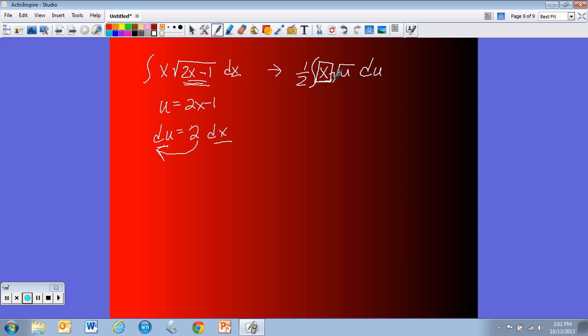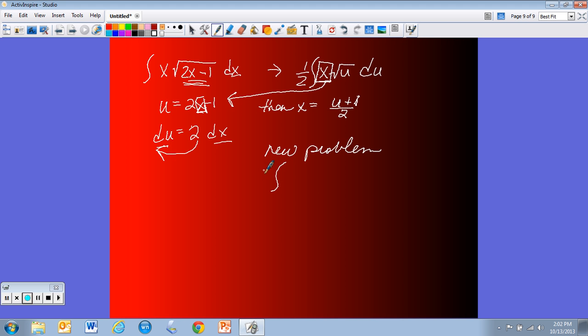And the way you do that is using the same equation that you started this problem with. If u equals 2x minus 1, then what does x equal? Can you help me? Sure you can. If u equals 2x minus 1, then x would equal u plus 1 all over 2. I think that's right. You're just rearranging it. Just take the equation you've already used and now isolate the x. If you isolate that x, bring the 1 over, divide off the 2, you can then plug it in right here. So your new problem